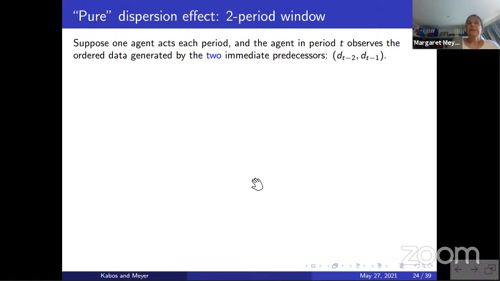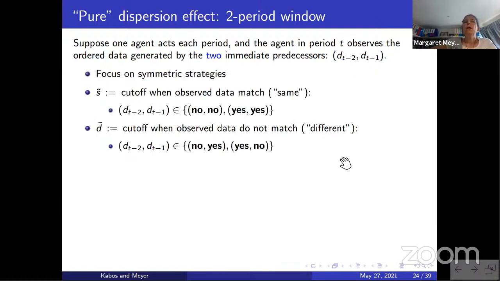So let me illustrate the dispersion effect in what seems to me the simplest modification of our benchmark model. Suppose now that one agent acts each period, and the agent in period T observes the ordered data generated by the two immediate predecessors. I'll call this datum from T-2 and datum from T-1. I'm going to focus on symmetric strategies, and I now will need two cutoffs, so the strategy will be described by two